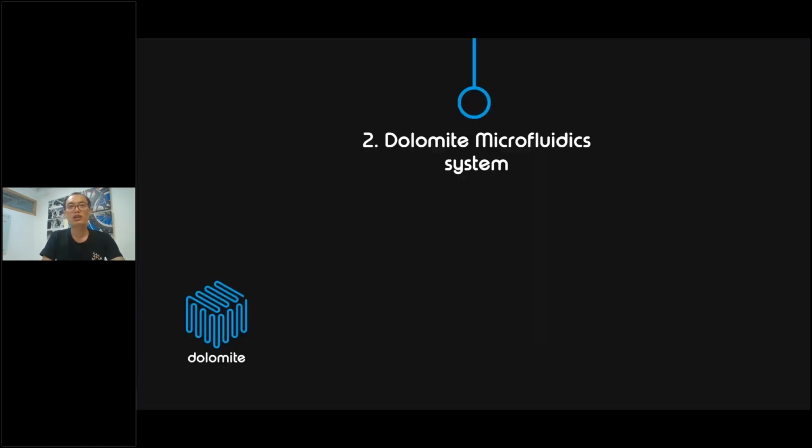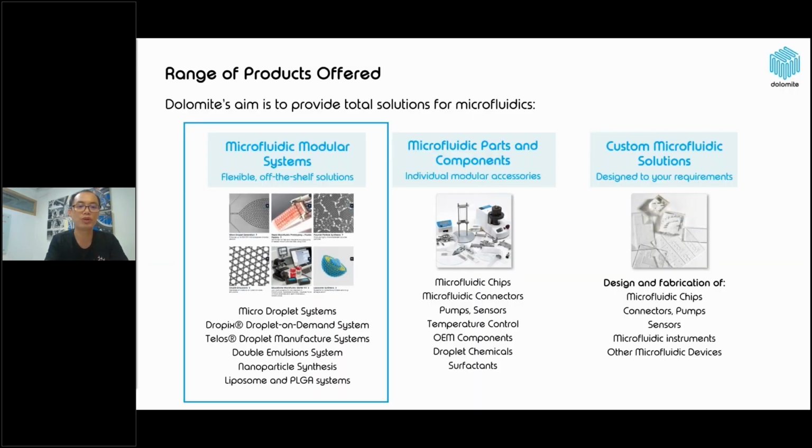And next slide, I would like to introduce the microfluidic system. With the aim to provide a total solution for microfluidics, Dolomite provides products that offer a microfluidics modular system that is a flexible, off-the-shelf, complete solution for